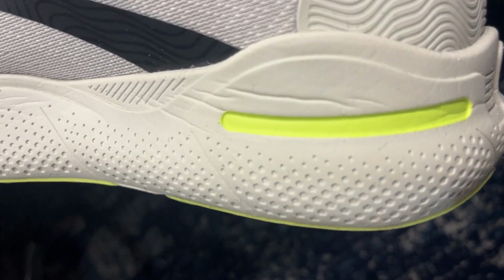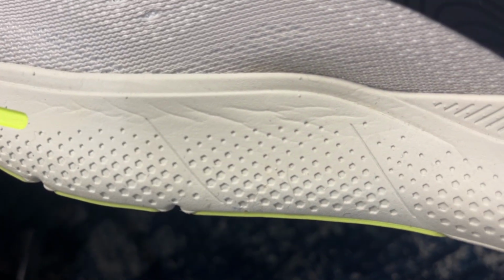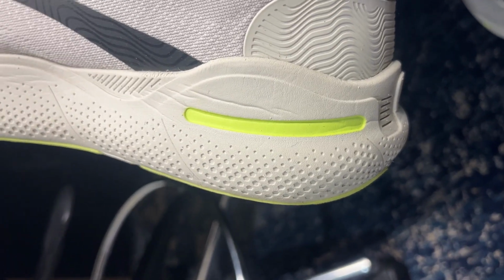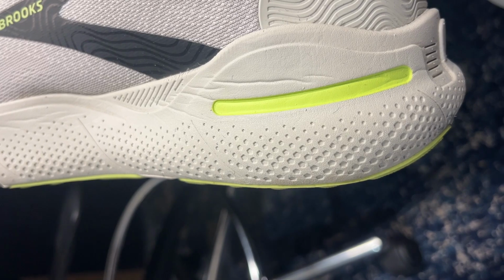I think this is gonna be my new rule for EVA-based shoes. If it's not creased, it's not ready for you to judge it. You gotta wait for these EVA midsoles to break in. In every EVA shoe that I've ever run in, and that's the Saucony Endorphin Shift 3, Adidas Adizero SL, some of the old Nikes, and now this Brooks Ghost Max, you gotta put about 30 to 70 miles, depending on how firm the shoe is, for the midsole to get